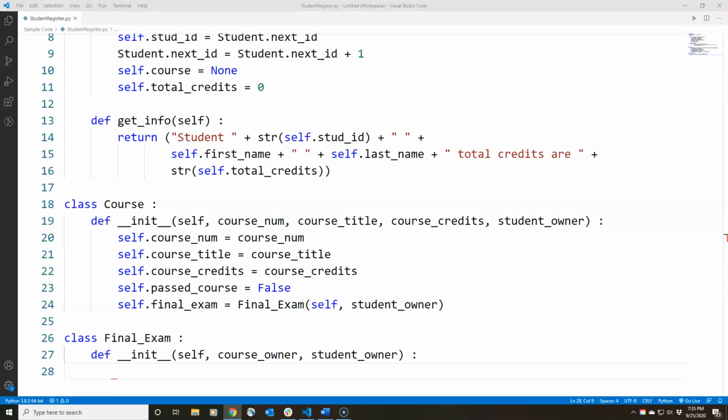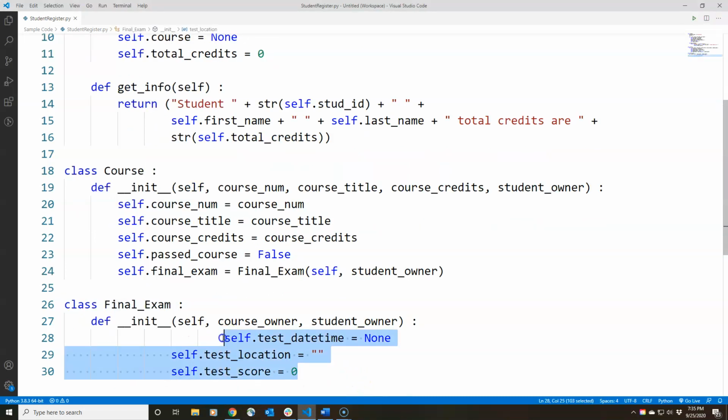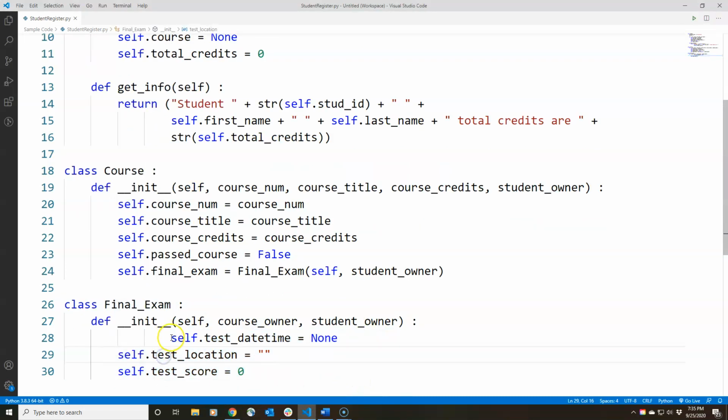Next thing I want to do is initialize a course's instance variables. And here are the course instance variables. It's going to be the date time, the location, and the score. Now, since we're going to actually work with date times in this class, we need to make sure we go